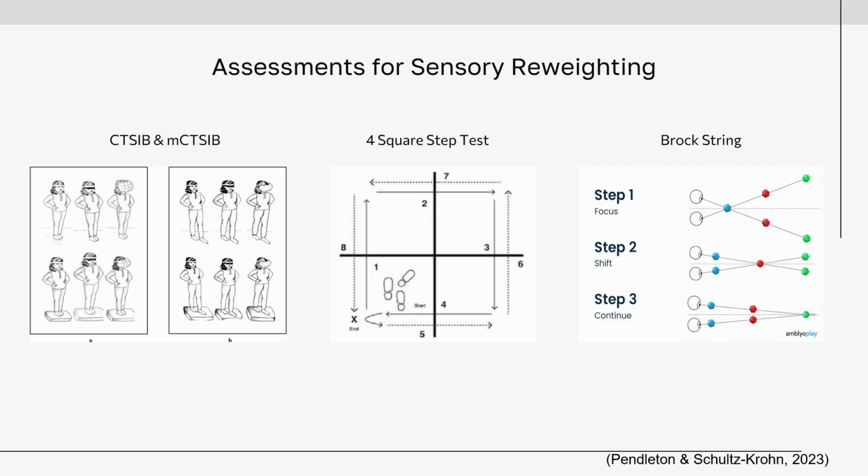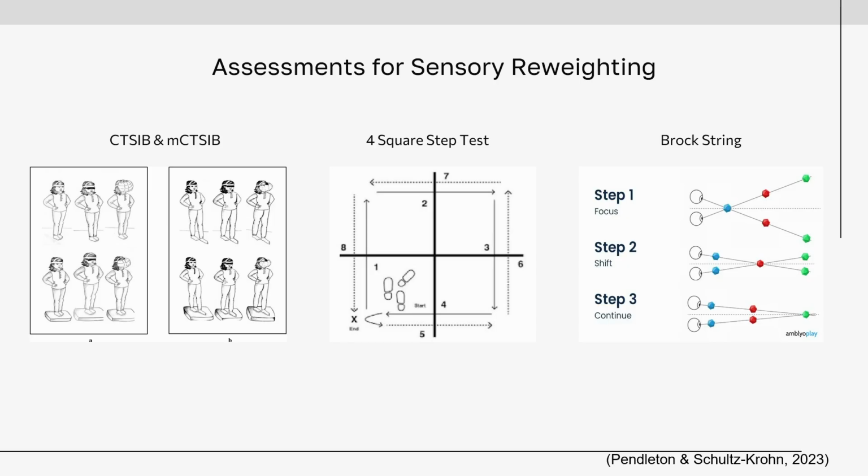We are looking for their response to the dynamic balancing of sensory input, and for whatever task it is under. The Brock string and the CTSIB are pretty stationary. With the 4 Square Step Test, it's dynamic. They're moving forward and back, left and right, weight shifting, going over to one foot. It tests a lot more, so it's likely going to take a lot more out of them. But understanding their response to these adaptations and sensation and sensory processing